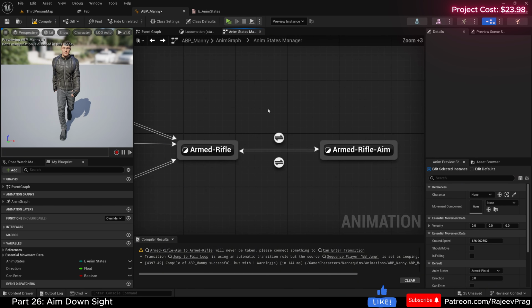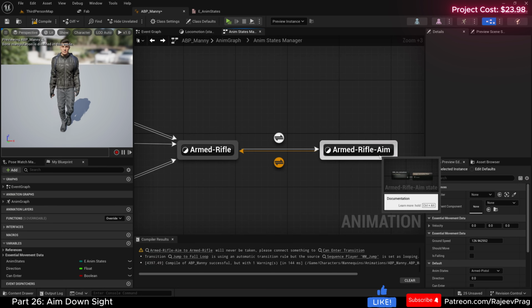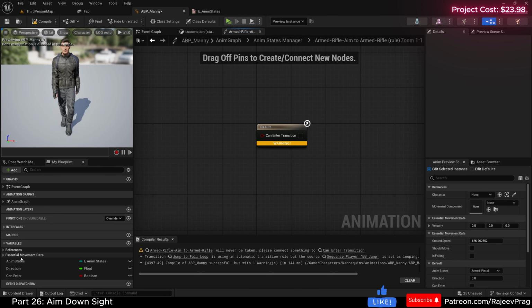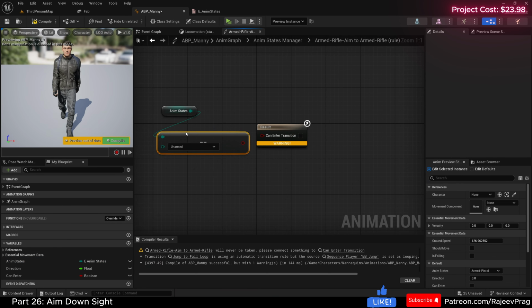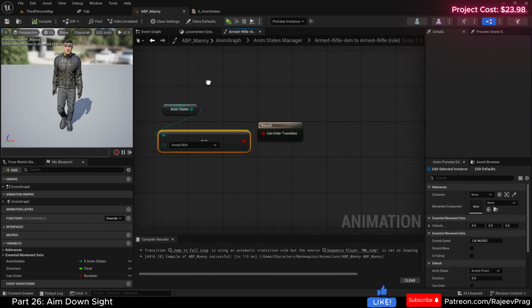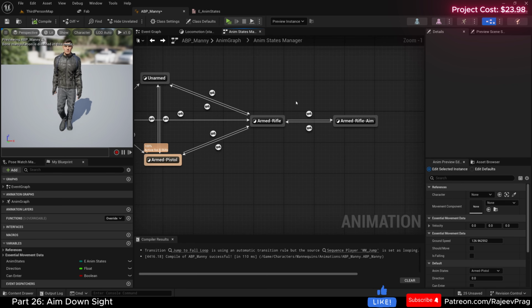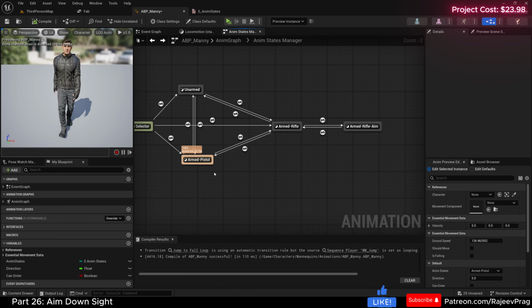Compile. And then let's go back. Now back from armed rifle aim to armed rifle, same thing. We're just going to drag in our anim state here and then do an equal enum. And this one needs to be armed rifle. Compile and save. From armed rifle aim, if the player presses 2, we want to be able to go to